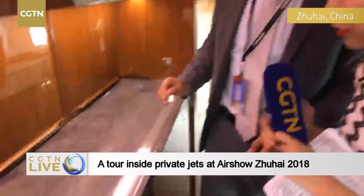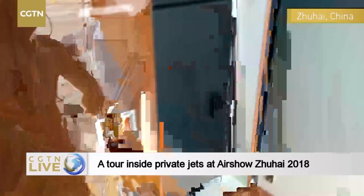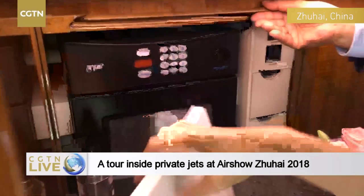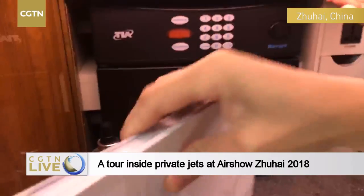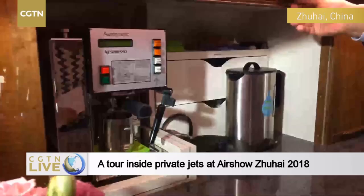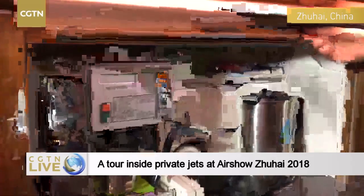Can you show us some specifics, for example the fridge or the stove? 没问题。您看这里是一个烤箱。An oven here. This is a real jet, not a model. 在这上面呢，它是一个微波炉。This is a microwave oven. You can heat some food here. 当然，还有这个西方的咖啡机。Coffee machine. Nespresso. 还有这个烧水壶。